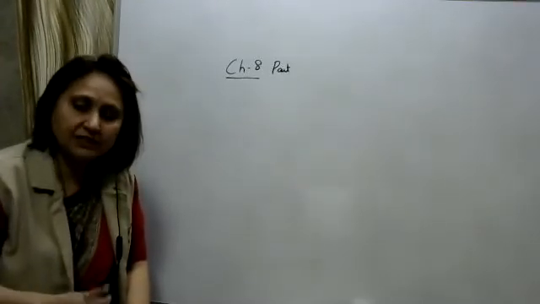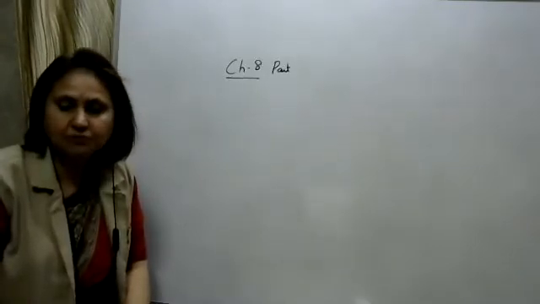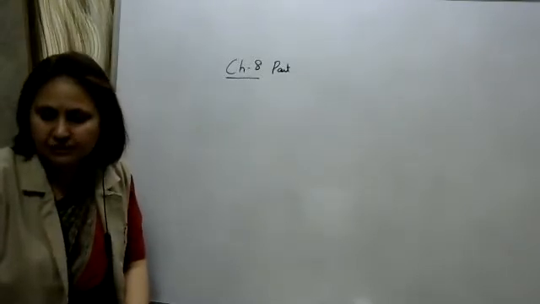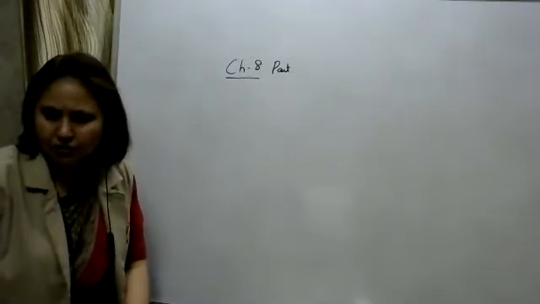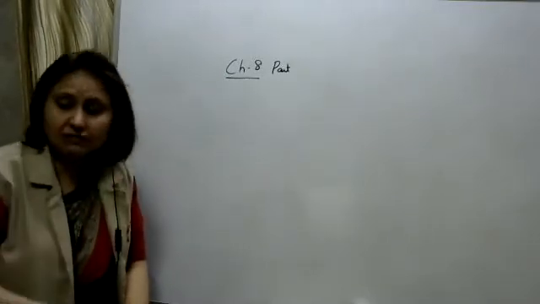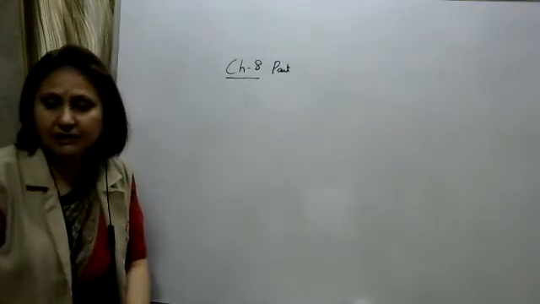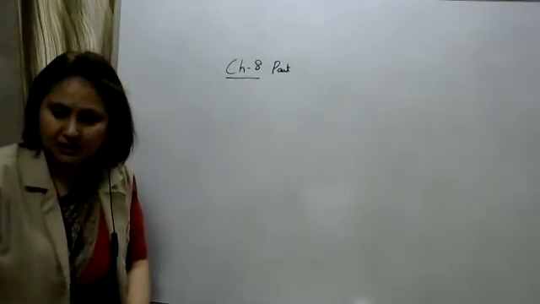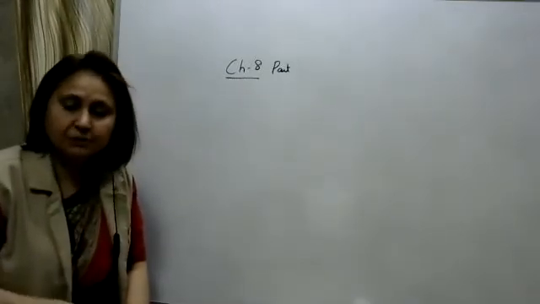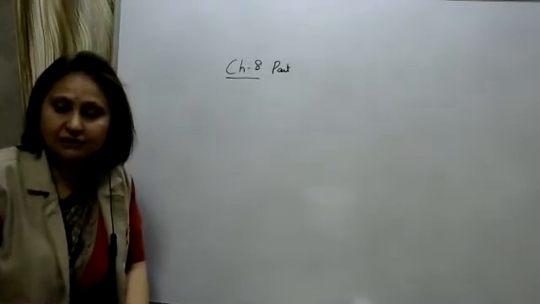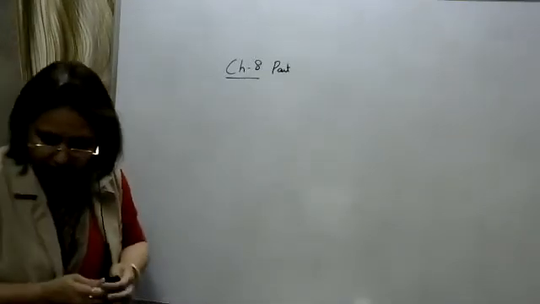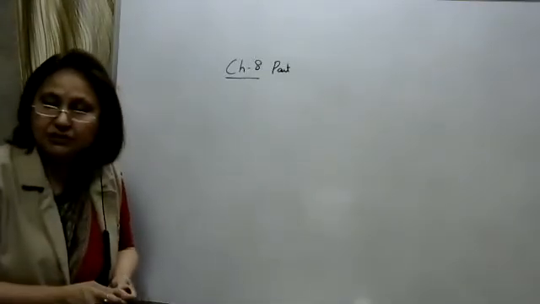Uniform speed, when the body is in uniform motion. Uniform motion means the object is covering equal distances in equal intervals of time, then the speed is said to be uniform. Non-uniform, which is also called variable speed, when the object is covering unequal distances in equal intervals of time, then its speed is not constant, the speed is variable, which we call non-uniform speed. Whenever the speed is non-uniform, we calculate the average speed, which is given by total distance upon total time taken. Example 8.1 also we have discussed.